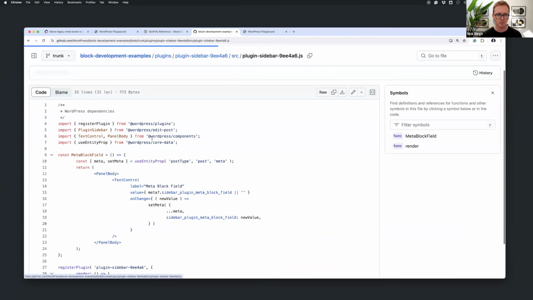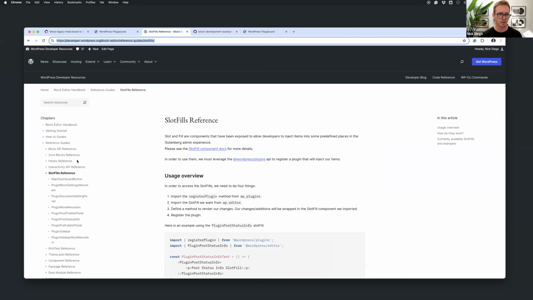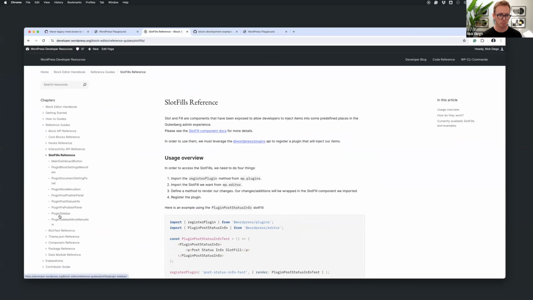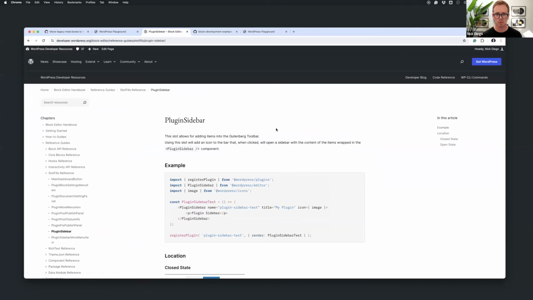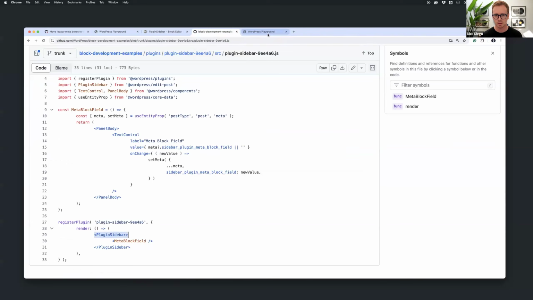We're just going to look at the important pieces. But you can see here that we're using this plugin sidebar slot, which is one of the slots that's available. So if you go to the slot fill reference, you can go down to the plugin sidebar and learn about how the plugin sidebar slot works. And what that's doing is, if we go back to our example here,